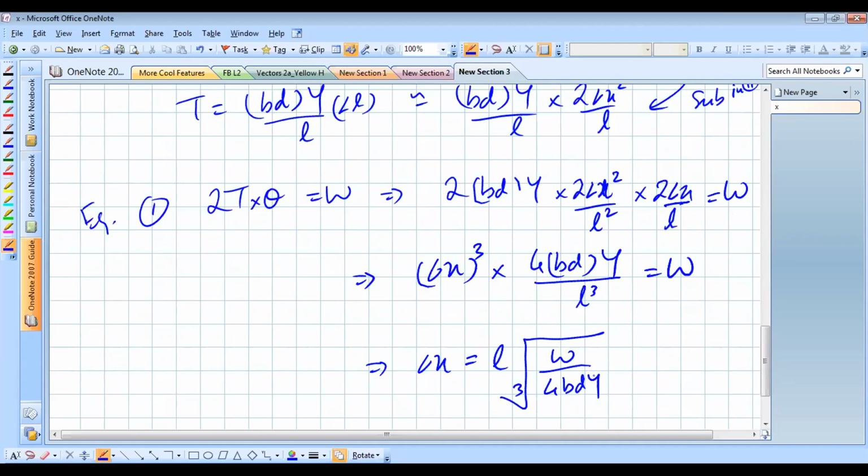But in the options, there is no power of 1 by 3 actually. Just one thing, you have to check the... Sir, I think we have to take just another approximation. Can you slide up the board? No, the only thing here that can be different is if they are asking for some other quantity instead of the sag, because